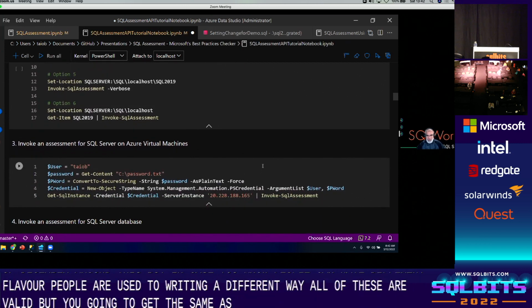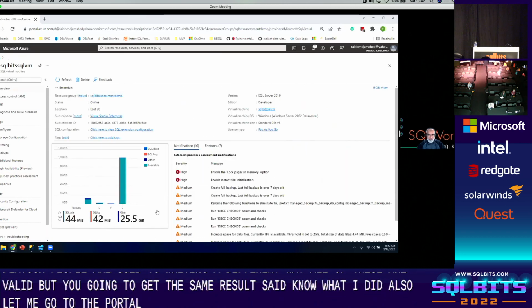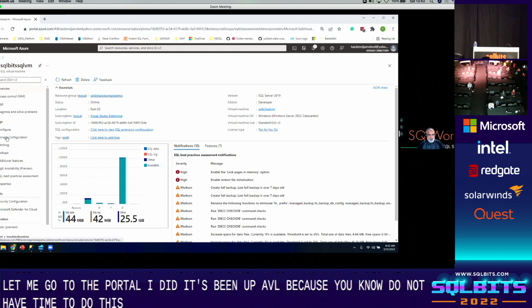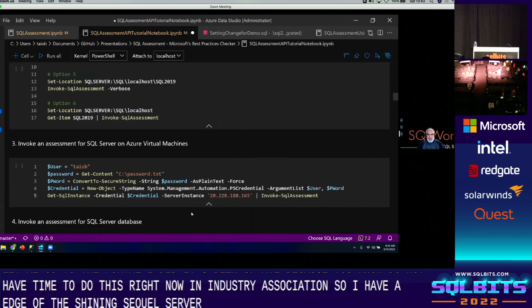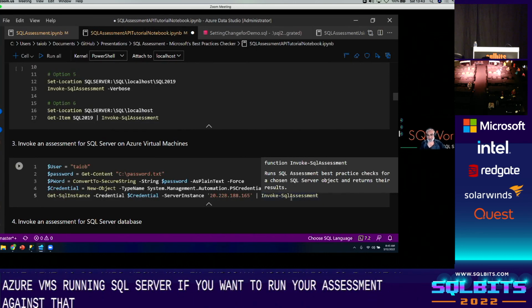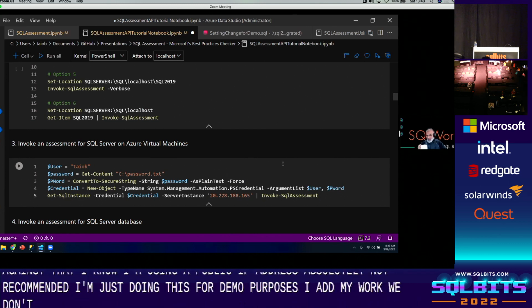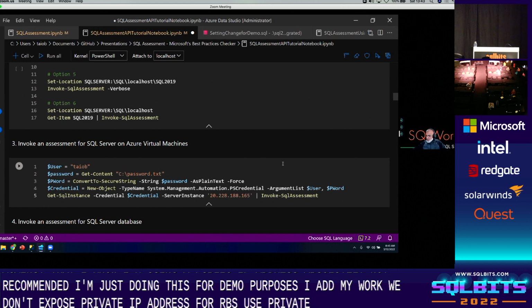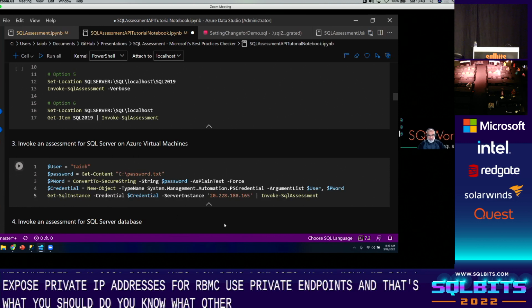Now, what I did also, let me go to the portal. I did spin up a VM because we do not have time to do this right now in this short session. So I have an Azure VM that's running SQL Server. If you want to run your assessment against that, I know I'm using a public IP address. Absolutely not recommended. I'm just doing this for demo purposes. At my work, we don't expose public IP addresses for our VMs. We use private endpoints, and that's what you should do, or whatever other secure method you have. Now, if you want to run this, we can run this against